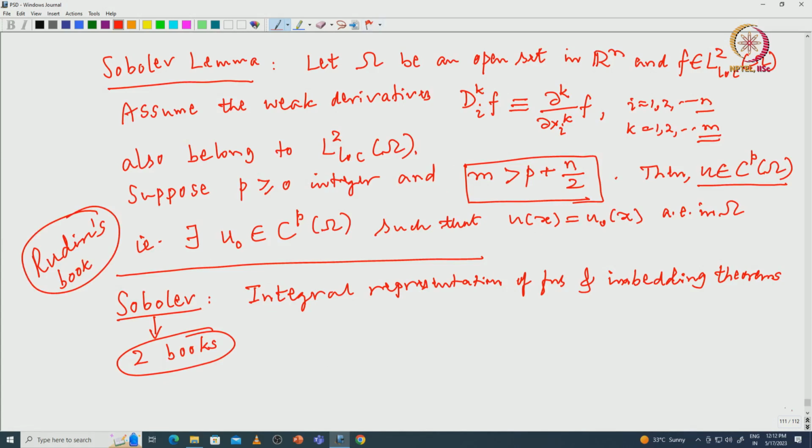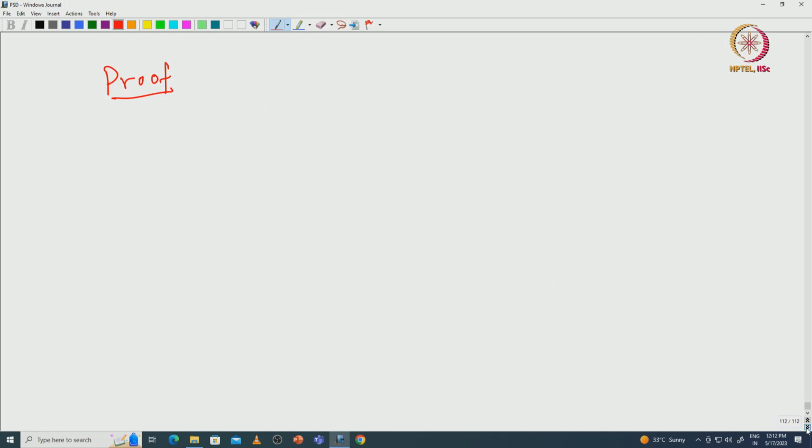Okay, so let me start. By hypothesis, there exist g_{ik} in L2 loc. We are just writing the definition of the distributional derivative,